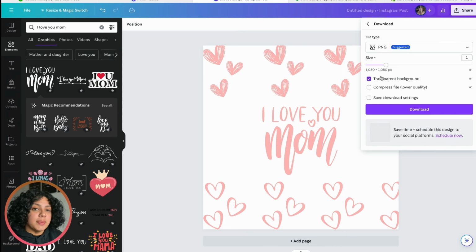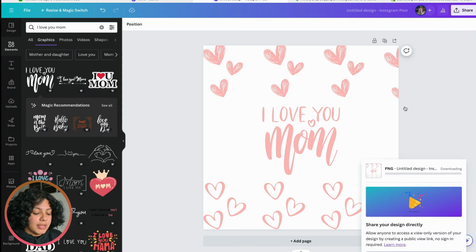If you don't press transparent background, what happens is that when you try to add this design onto a product on Printify, it has a white background on it, and it makes it very difficult for you to remove the background. So this is why we want to download it with a transparent background. That way it's just the design itself, and then you can add it on any product that you want on Printify without an issue. So now I'm going to press download,